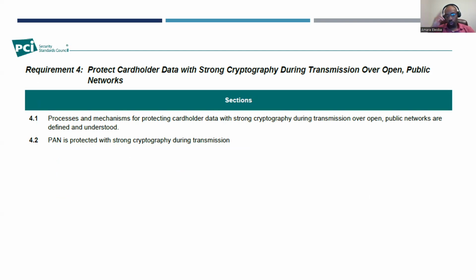So when you hear open and public network, that's referring to the internet. So this requirement addresses that. When you are transmitting cardholder data or card account data over the internet, requirement 4 addresses that you need to protect that with strong cryptography. Now, 4.1 addresses the policy, the processes, and the mechanism for protecting your cardholder data with strong cryptography over